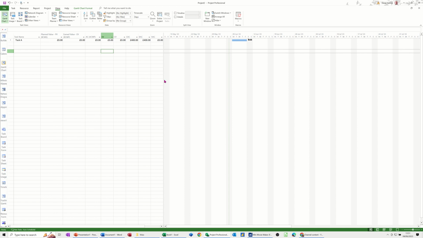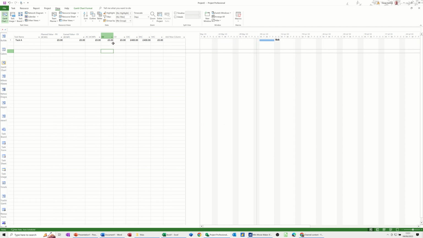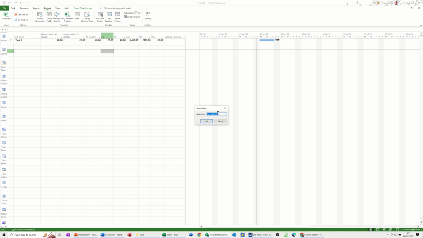When I apply that, at the moment everything's 0 because nothing's been updated. Now you have to use, or you should use, the status date. If I go back to project and set a status date, so this is due to start on Monday the 5th. So if I change the status date first of all to Monday the 5th, which is normally what it's on, today's date. So by the end of that date I should have spent £80 and I haven't, so